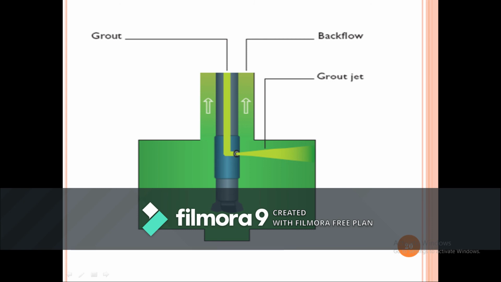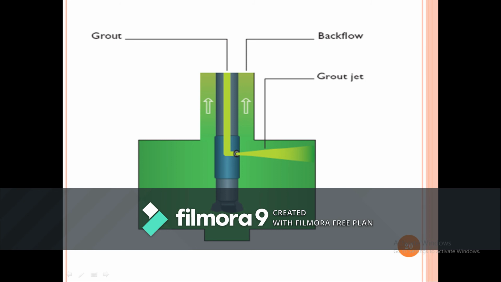So here we have a single grout jetting. What is happening? You have a pipe, and you have got one more pipe. A small nozzle type is being fit. So into that nozzle we are going to send this grout, and this grout is getting into the soil using your nozzle. When you use a nozzle, you are going to decrease the volume. When the volume is decreased, the pressure increases.